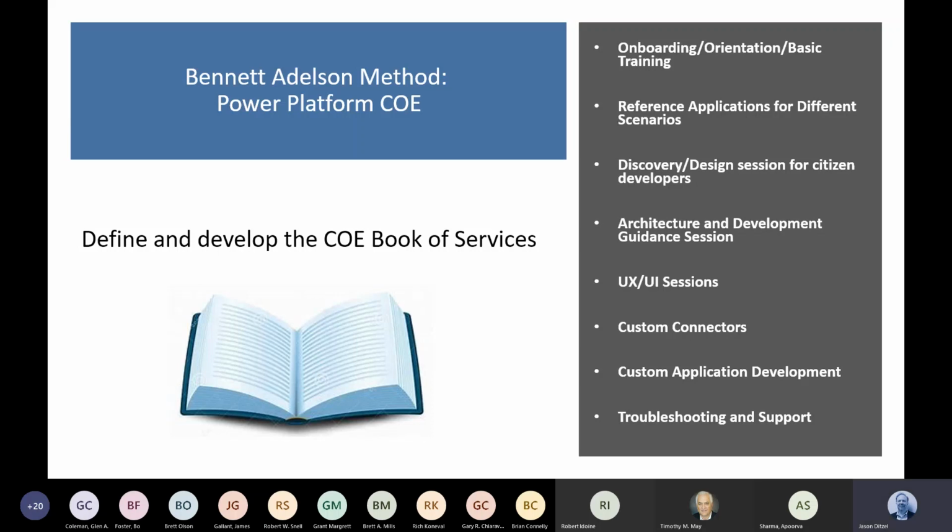Charge the business unit back. They can do custom application development, and then there is some sort of troubleshooting and support mechanism that the COE can provide. Now, if we're thinking about a big one, a 100,000 user organization, you put this custom connector work, this custom app dev work, this troubleshooting support, that the COE has to figure out how they can enhance their services with